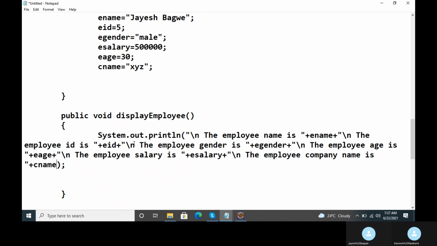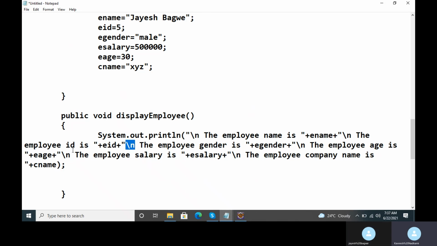So this is regarding that, and one more thing. There is a special significance for this ln word here, which is following the print word. So what will the ln word do? First of all, obviously, it will display each employee detail line by line, because we have put \n here each time.